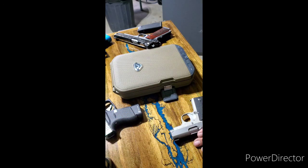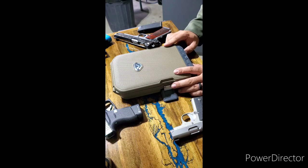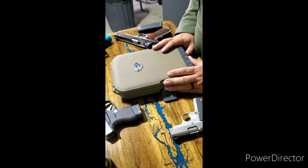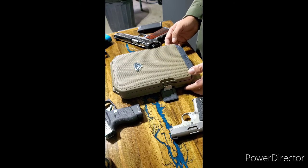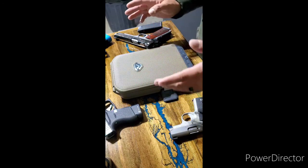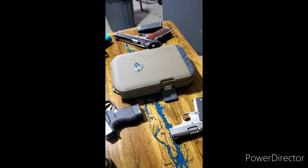I keep seeing every time I look up anything made by Vaultek, the Lifepod kept popping up. Anybody that had done any research on them had also seen that their first production run of these had a major flaw. We'll get to that flaw in a little bit, and this is kind of the reason that I wanted to do this video. I know there's probably hundreds of videos of these Lifepods now, but I